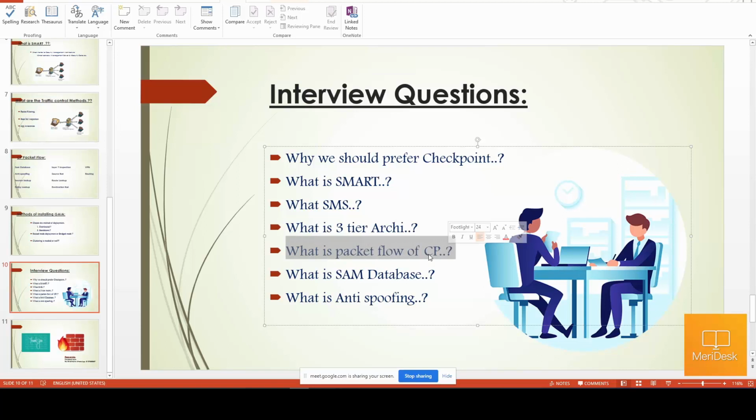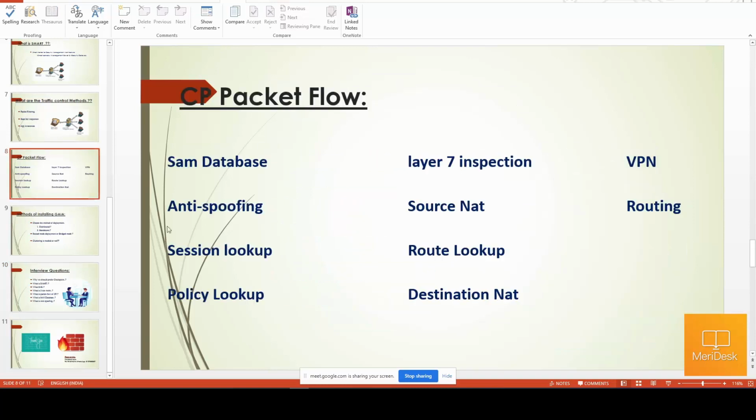Generally, in my classes, I discuss Checkpoint in 2 methods. One method will be for your understanding, and one method will be so that you can remember the packet flow in a better way. So I'll be discussing 2 packet flows. Let me show you. This is the packet flow which you should remember always before going to an interview, because the interviewer will ask you what the packet flow of Checkpoint is. Although I'll discuss this in very detail in some time, these 10 steps you need to remember